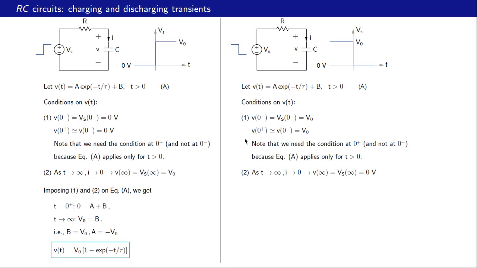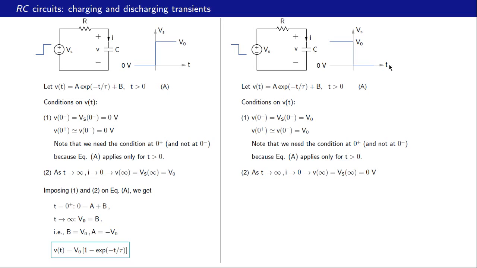And because the capacitor voltage must be continuous, we must have V at 0 plus equal to V at 0 minus. Therefore, we get V at 0 plus equal to V0. Alright, what about t equal to infinity? At t equal to infinity,